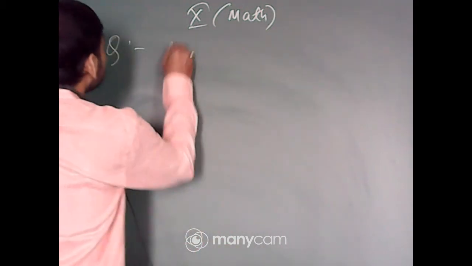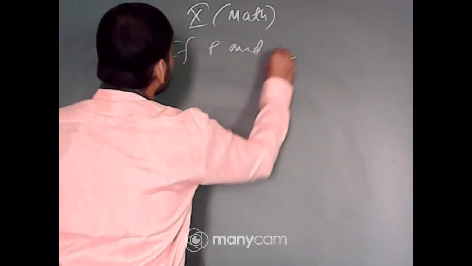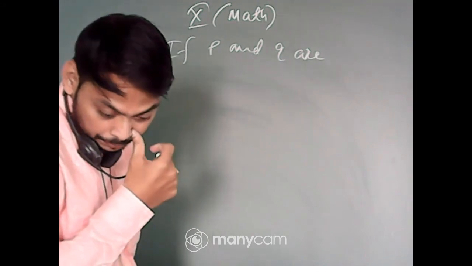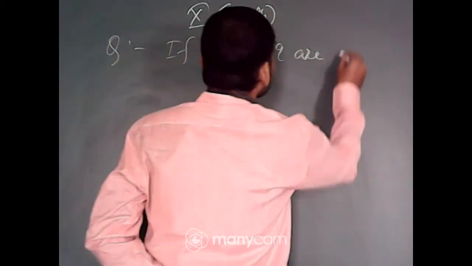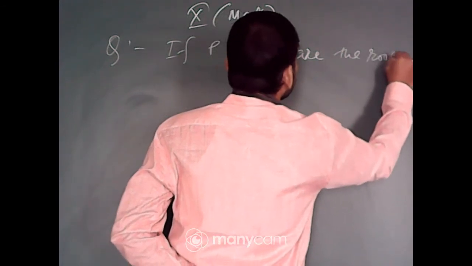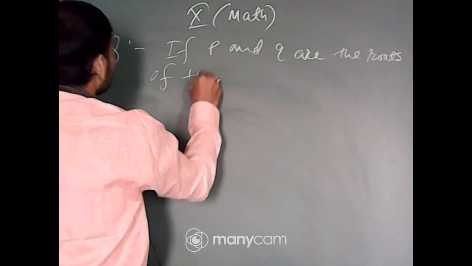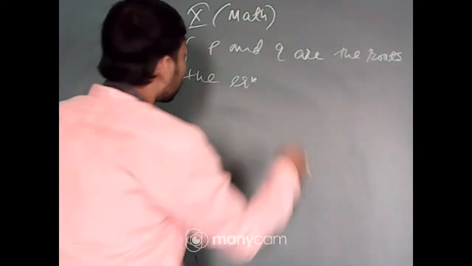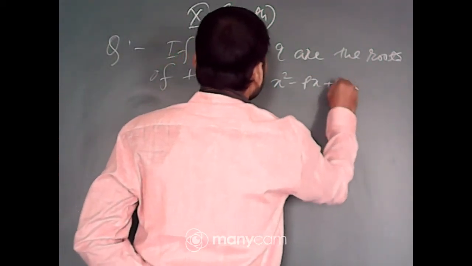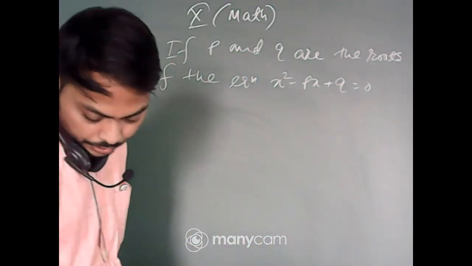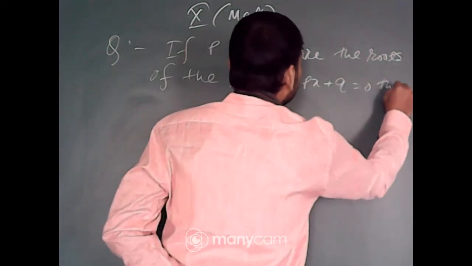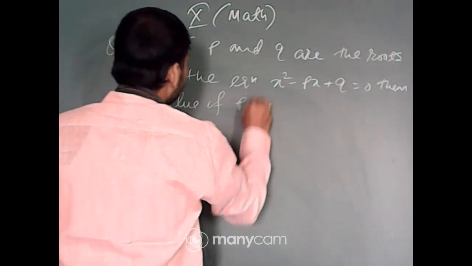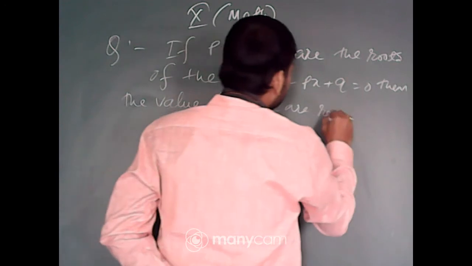If p and q are the roots of the equation x square minus px plus q equals to 0, then the values of p and q are, respectively,